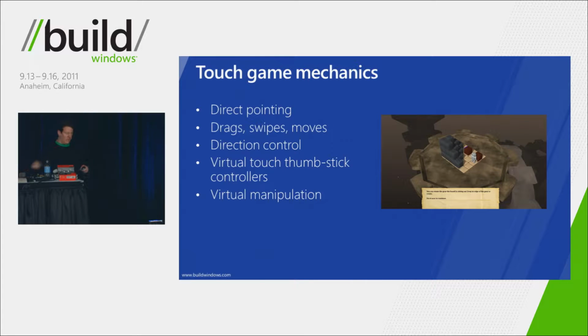And then, the last type of mechanic I'll talk about, and there's 100,000 more, is virtual manipulation, where the character's actually moving things inside the game world. This gives you a very rich touch experience, and this is definitely something you should think about as you start building Metro-style games for Win